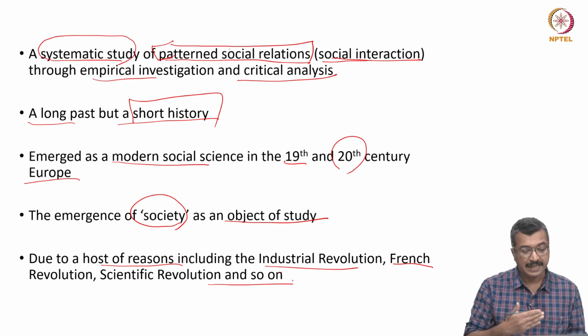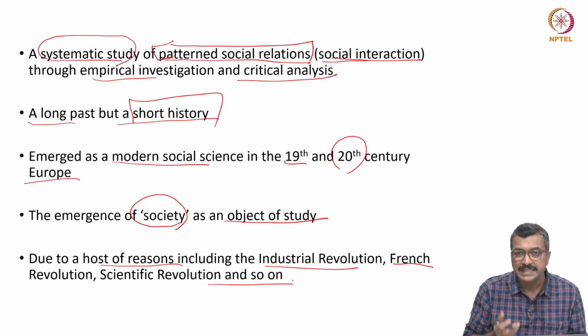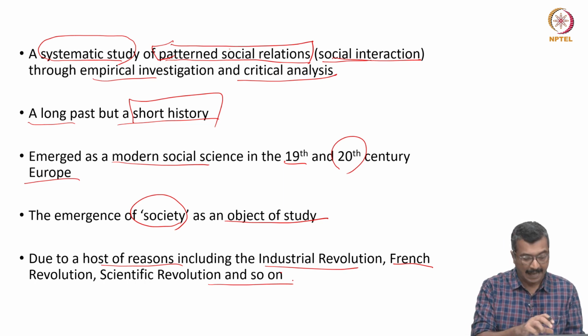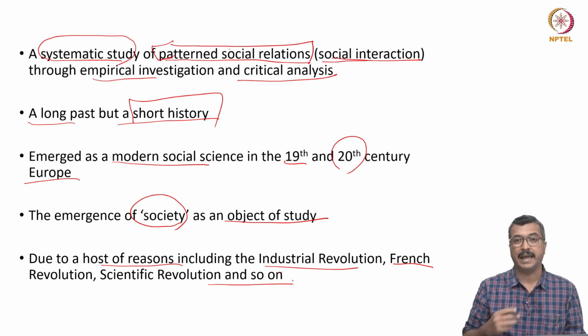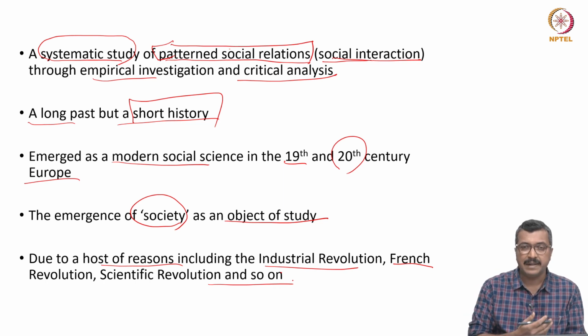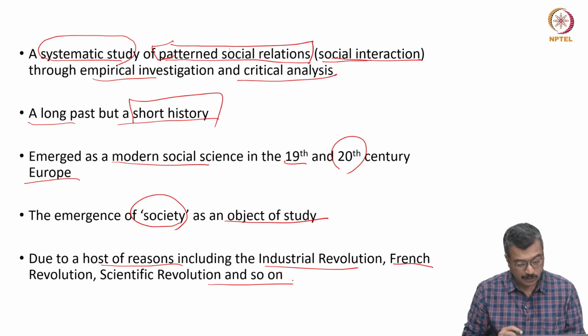Sociology is of a recent history, because sociology emerged at a particular historical juncture, and that juncture is characterized by what we see as the Enlightenment period in Europe. Of course, sociology is a product of that, and the rise of modernity in Europe, and the spread of this modernity across the globe through the process of globalization.